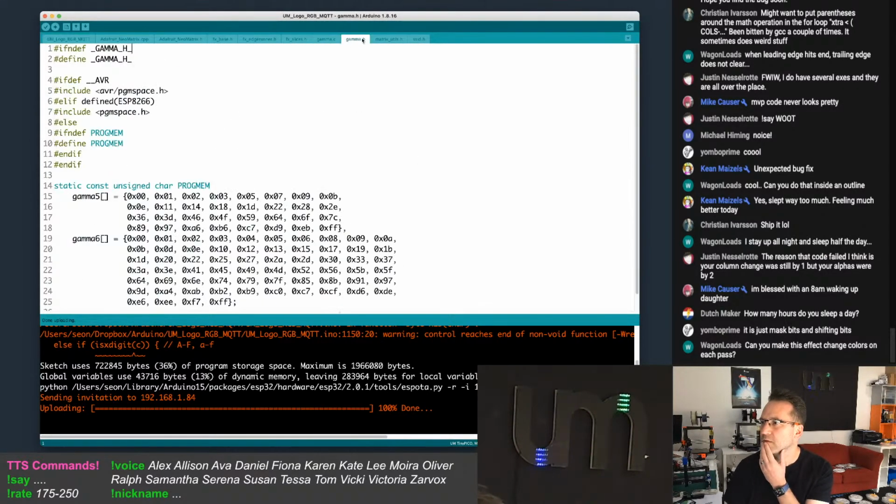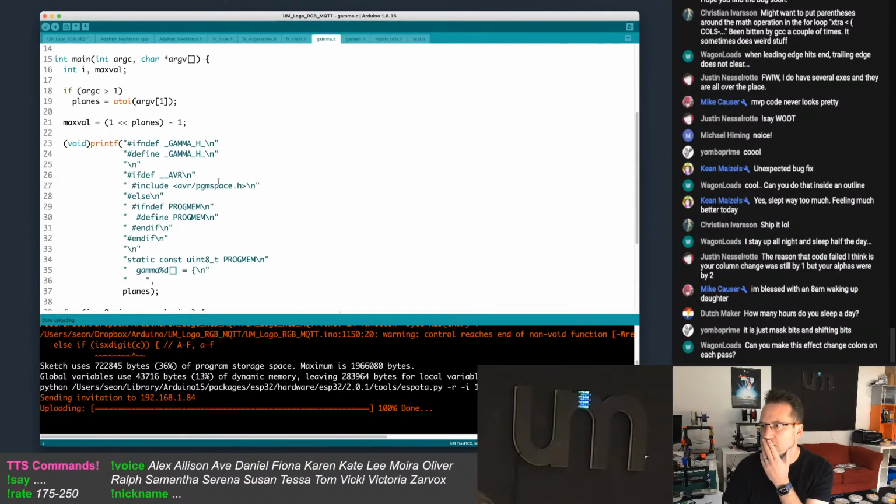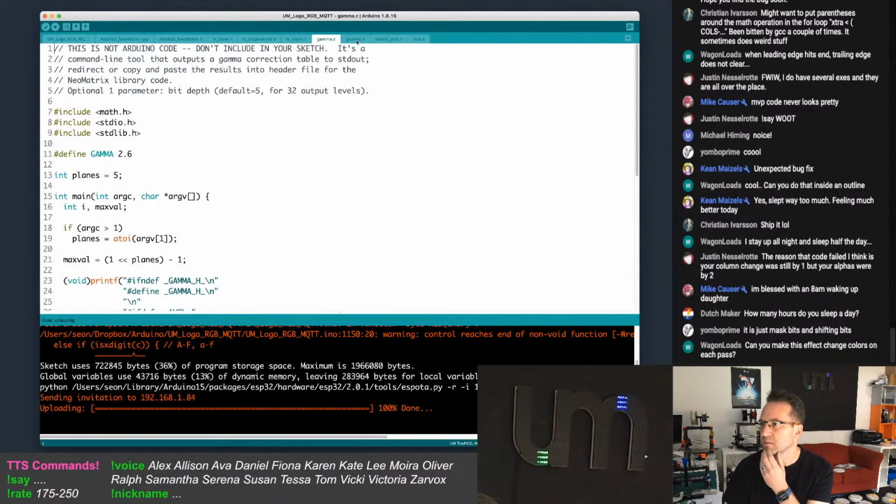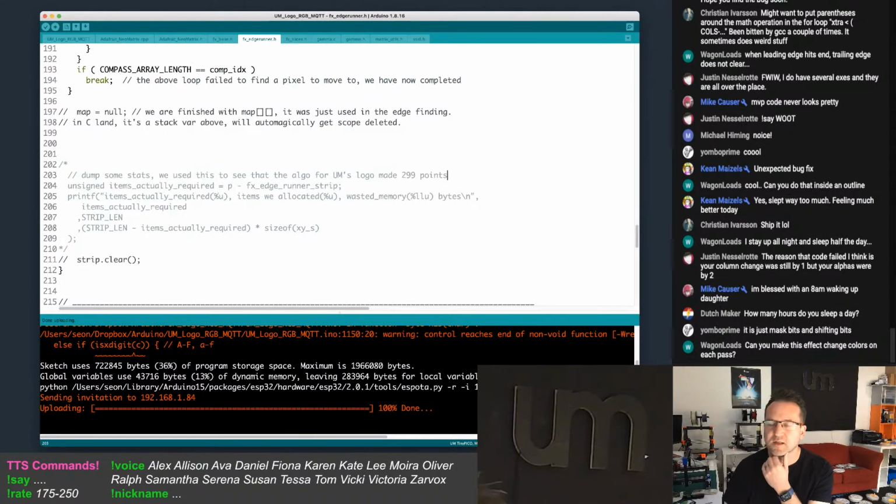Maybe it's in the graphics library. I've seen it somewhere where you can get the RGB values from a uint32 color. If I can get that, then I can do it. I just need to find it. I have to find some code. But that's for a different time, not for today.